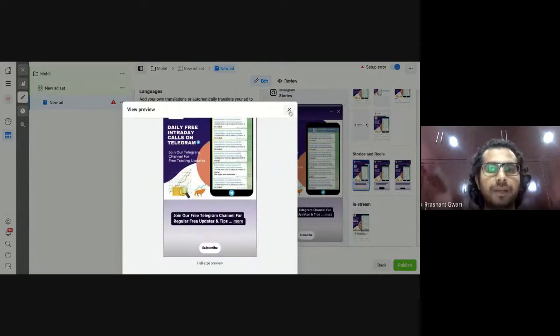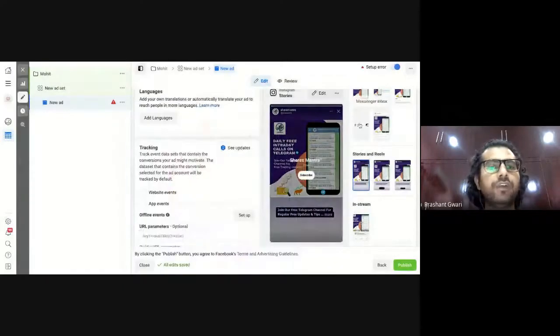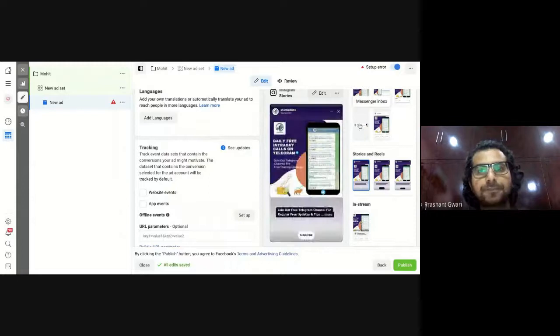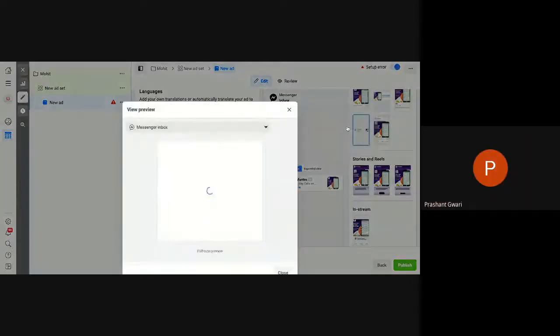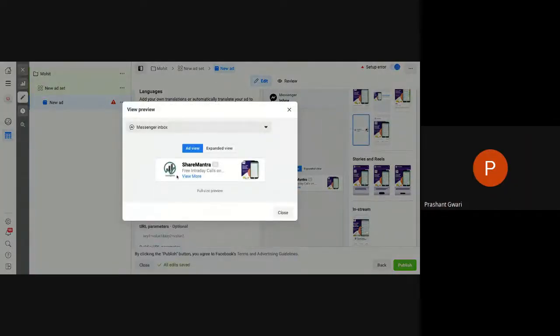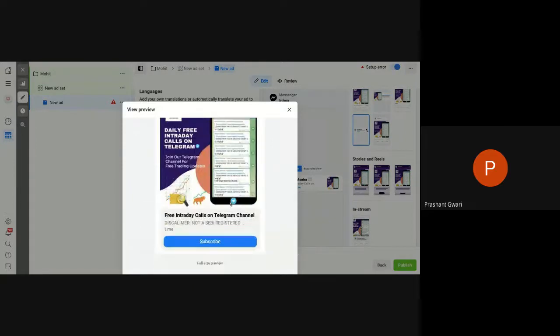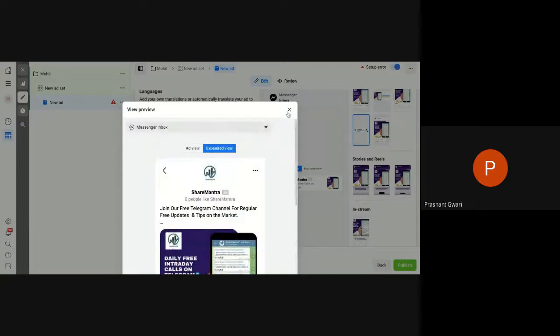Let's see how it will appear on Facebook Messenger. Let me expand it, and it will appear on Facebook Messenger like this.